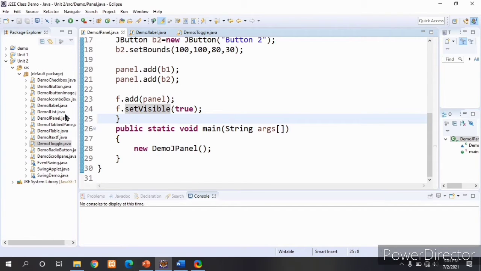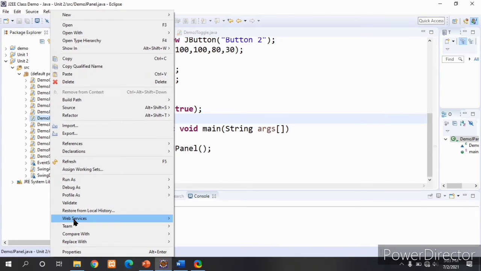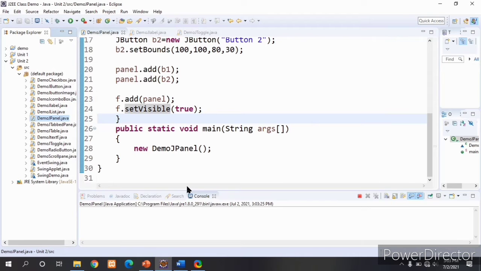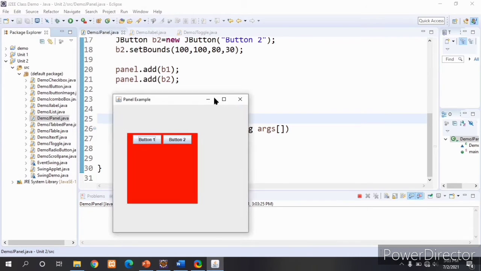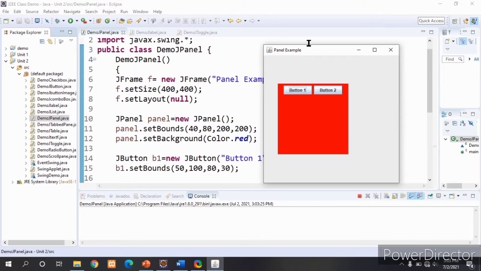Now we will see the output. See here, this is the JPanel example. This is the frame, whatever we are seeing now, and the name for that frame is panel example. Next we have created one JPanel.